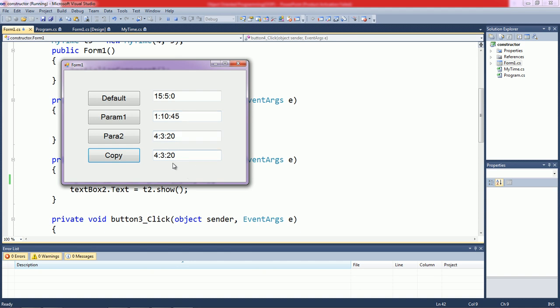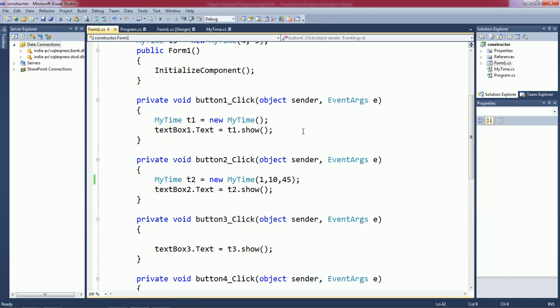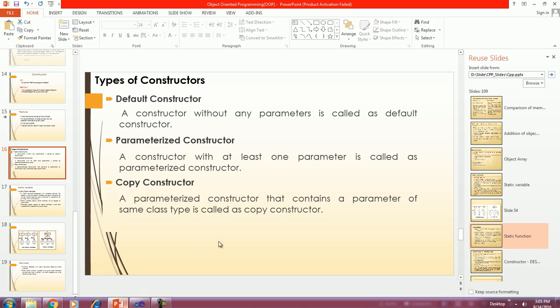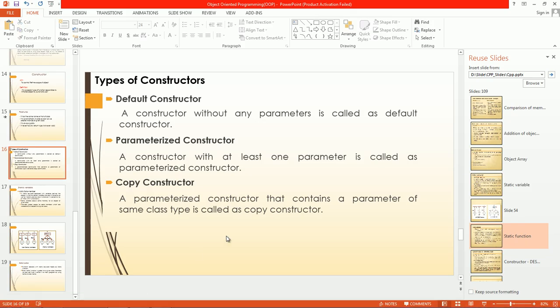Like this you can call the constructor. You can also try this example by using either bank employee or student and see how the constructor gets invoked. Now let us see one more point, and that point is static